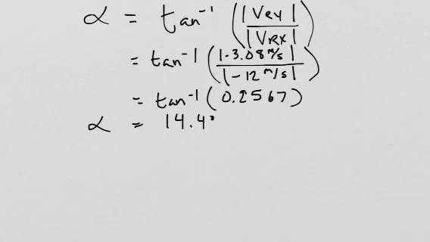If we look at working this out, we end up with an alpha angle of 14.4 degrees. If I stop here and look at this direction, I'm going to assume that my resultant vector should be in the first quadrant. That's what this number tells me, if I go with this number alone being my theta. In order to see if that's right or not, let's draw this out. So I'm going to